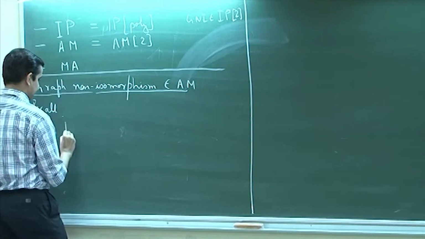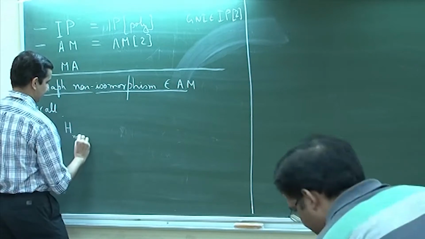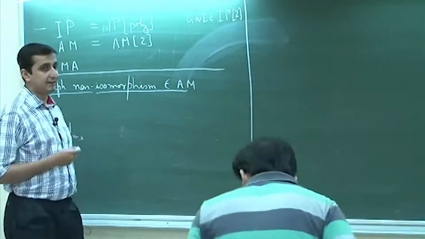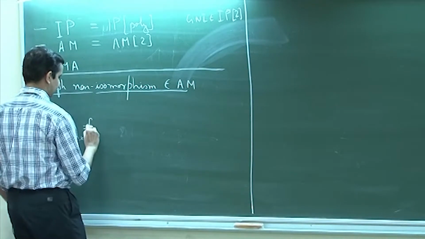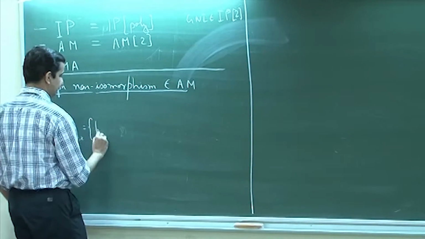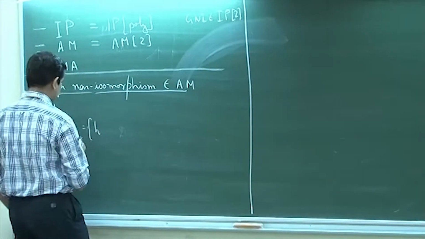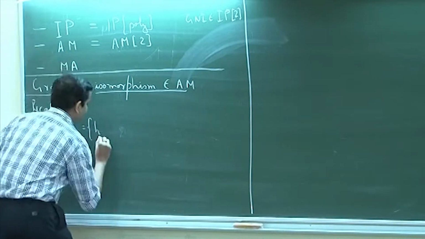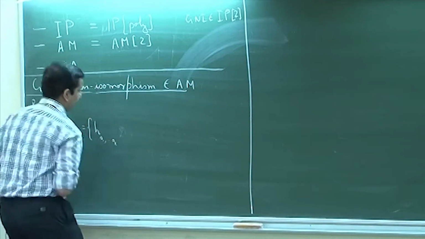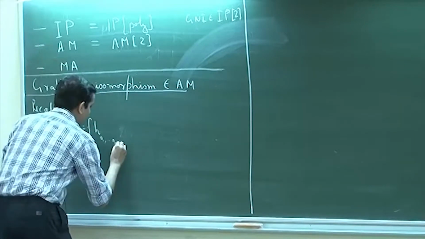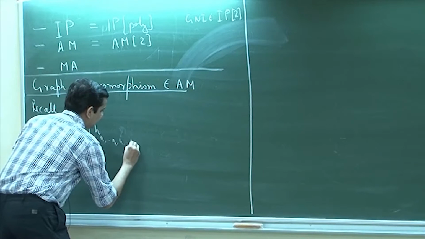This class H_{m,k}, the class of pairwise independent hash functions. H_{m,k} is the set of all functions h, which we'll index with k strings a_1 to a_k and k bits b_1 to b_k,